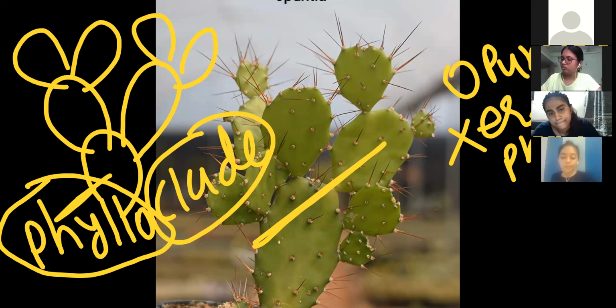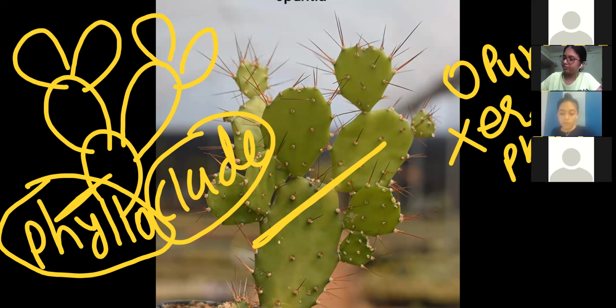One example is Opuntia. This is an arid region plant. Leaves terminate into spines. So to fulfill their food requirement, here the stem possesses chlorophyll and performs photosynthesis. That's why this stem looks like a leaf. We call it phyloclade. This is a flattened structure, right?